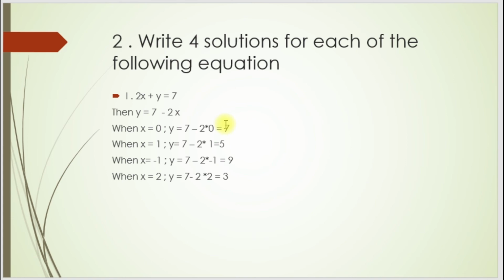That's why I have stated that a linear equation in two variables has infinitely many solutions. So, here you can put x is equal to 0, 1, 2, 3 or any value, and based on those x values you can find the value of y. So, when x is equal to 0, y is equal to 7 minus 2 into 0. Instead of x, you put that x value and you get one solution. Then when x is equal to 1, you get another solution. Then you can put x is equal to minus 1, 2, or minus 2, and you can find infinitely many solutions for this equation.